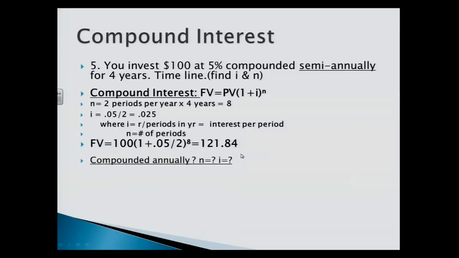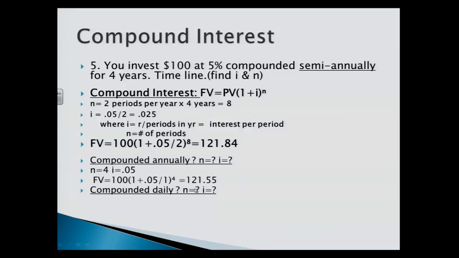When we do it compounded annually, our I and our N are going to change. N is 4, I is 5%. I know I'm going quickly. I would strongly suggest you pause and calculate N and I and the future value by yourself. 121.55. Now, if I did it daily, looking at these two amounts, do you think my future value is going